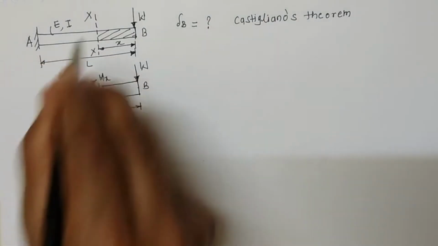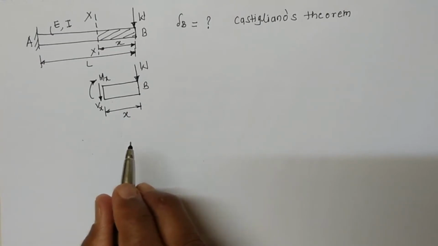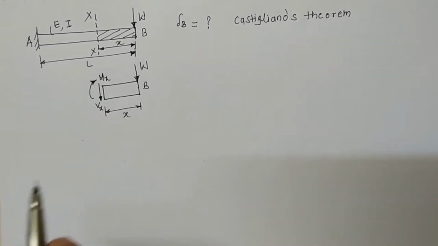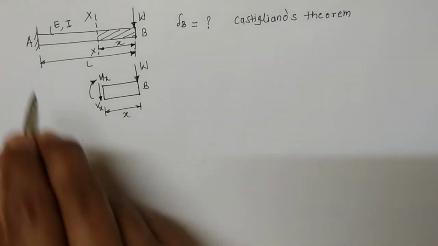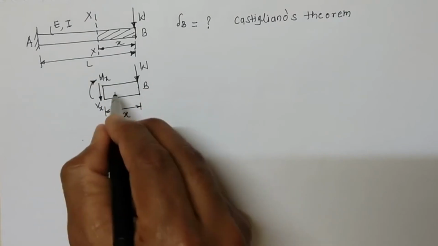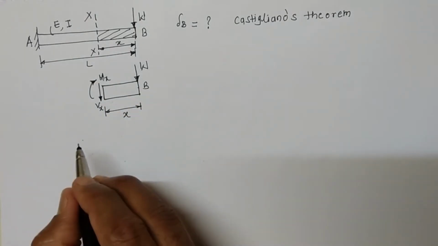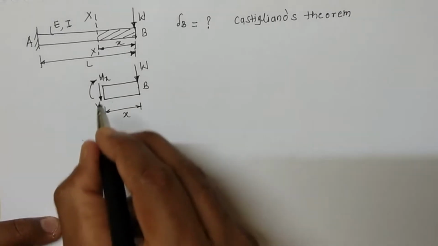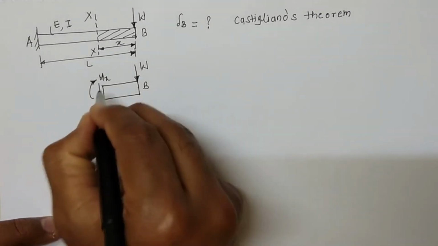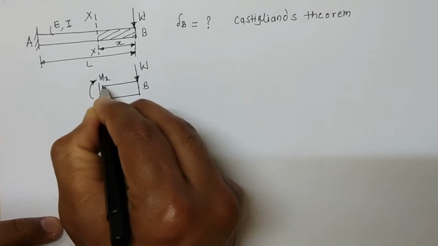If this beam is in equilibrium, and of course it is, then every portion of this beam is in equilibrium. So this free body diagram portion must be in equilibrium. So balancing the moment about this section XX,